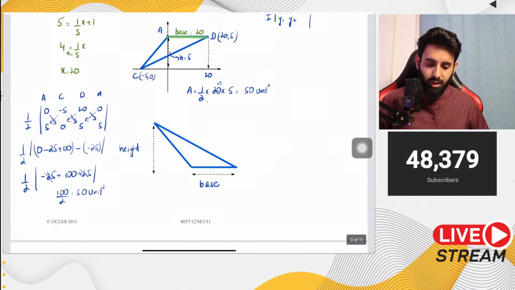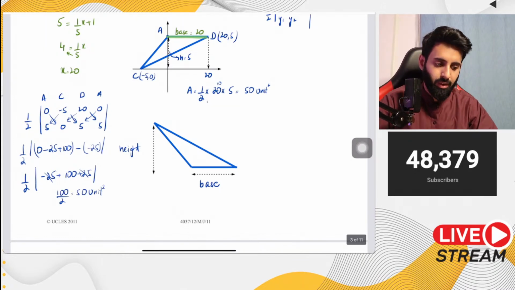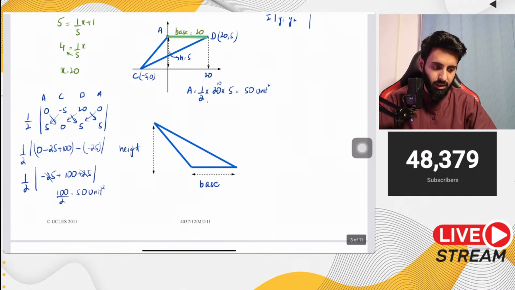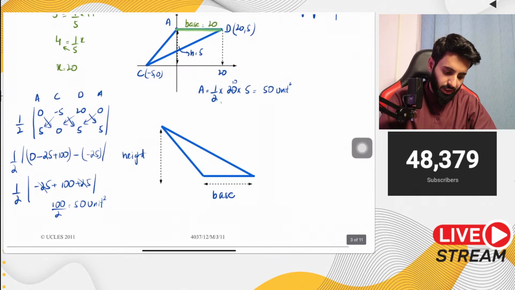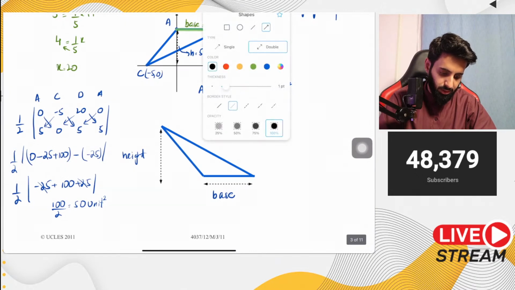Yes, Hamad, I think that's a very good take on the question. That's exactly what it is. It's lengthy, but it's easy. Wouldn't the height be the perpendicular distance? Yes, the height is the perpendicular distance, which is why